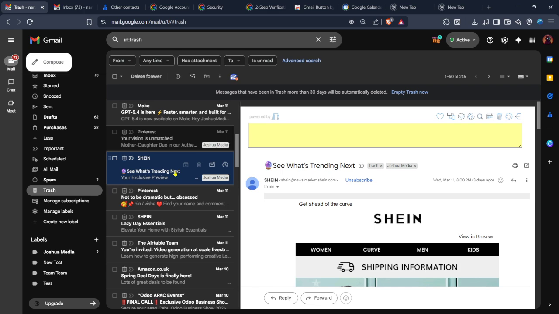And that's really all there is to it. We opened Gmail, went to the mail section, scrolled down the left sidebar, clicked More to expand the folder list, and then selected Trash. Once the Trash folder opens, you can immediately see all the emails that have been deleted. From here you can browse through the list and review any messages that were previously removed from your inbox. Everything that has been deleted recently will appear in this folder, making it easy to check if something was removed